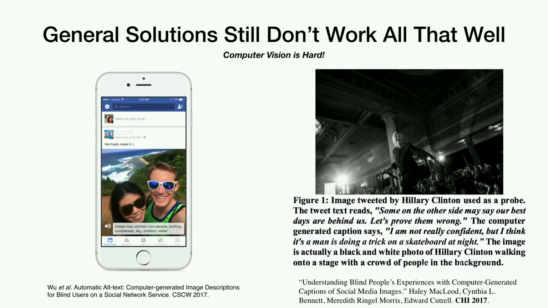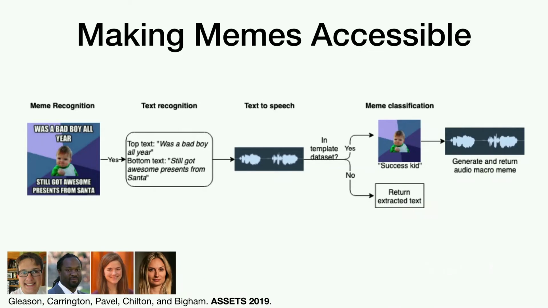So one thing we've been looking at, which even I was surprised by how much attention there was about, is making memes accessible, and this is kind of the old school memes. We're starting there, moving forward. What's really nice about this is it's a very narrow problem. There's only so many meme templates. The text is always impact bold, right? So you can make this work very, very reliably. And so one thing is to make it accessible in the sense that we describe the meme template and we say what text it is.